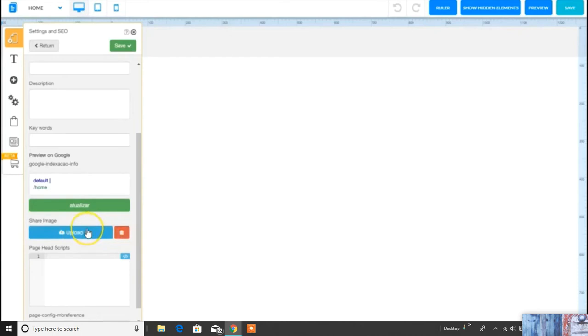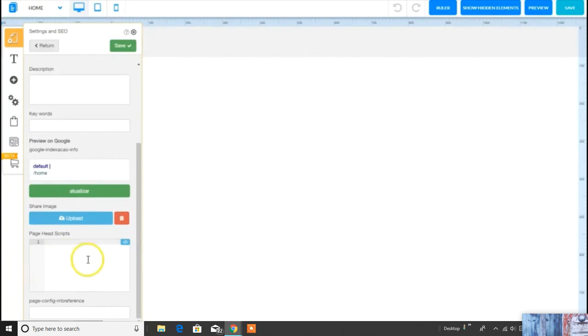Now, the share image is the image that gets shared on social media platforms when your link for this page is posted. Down here, you have some head scripts where you can add some HTML head scripts to your page. You can configure your mailing boss autoresponder down here. The biggest thing I want to point out is that when you make any changes on any of these pages